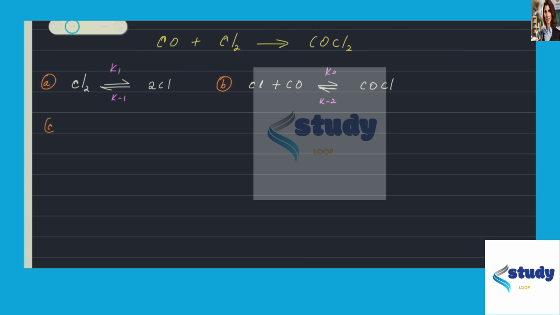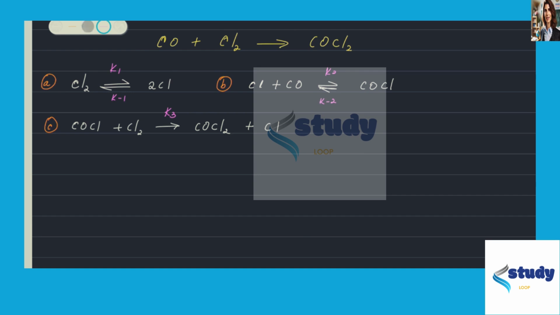And then thirdly, the third reaction will be COCl combining with more chlorine, okay? So that we have COCl2 and excess of chlorine, which means that we could be looking at K3 for that reaction. Okay, so therefore we're trying to say here